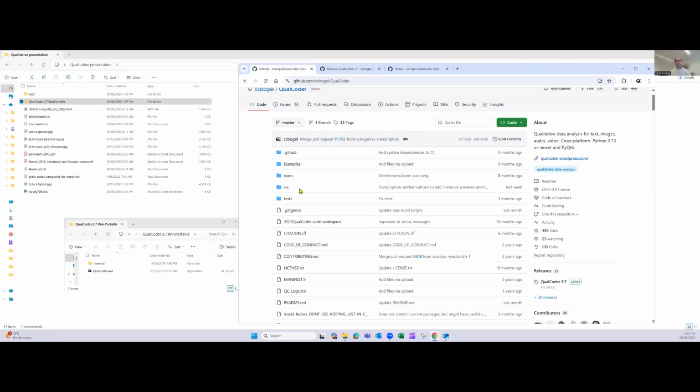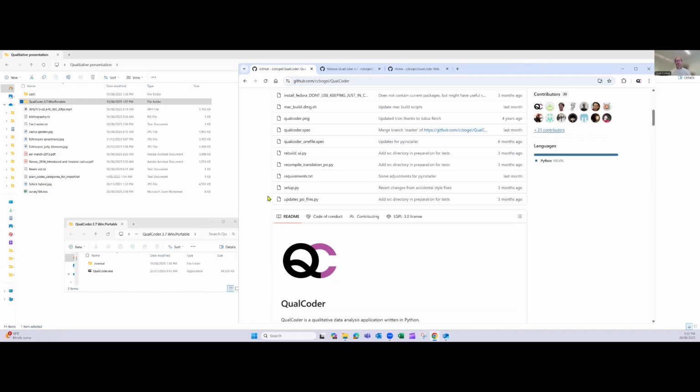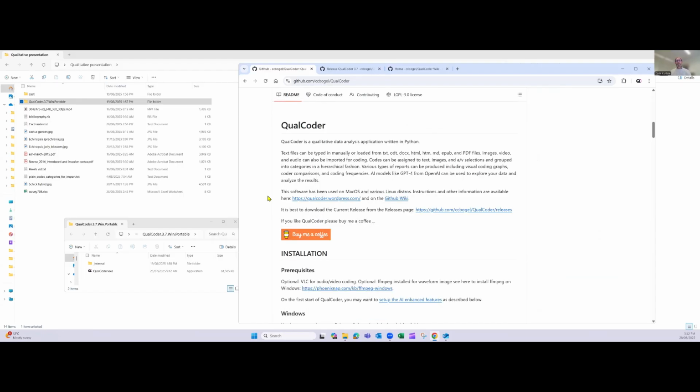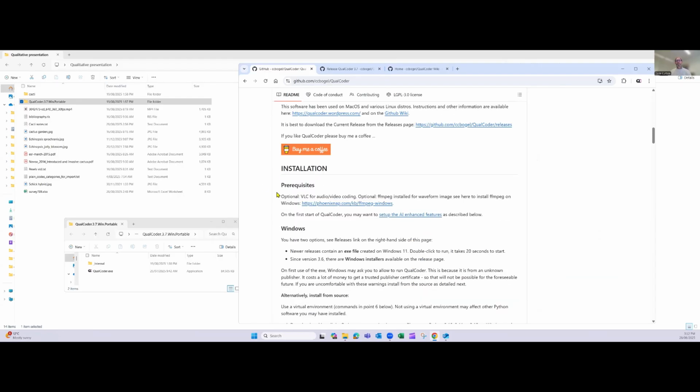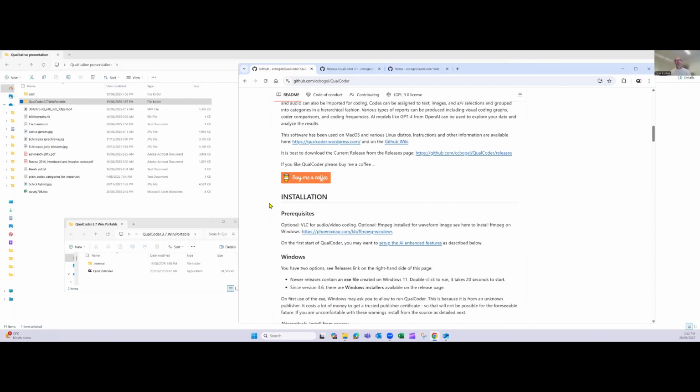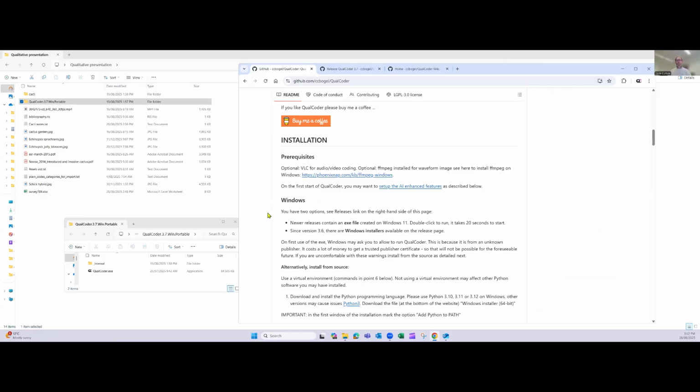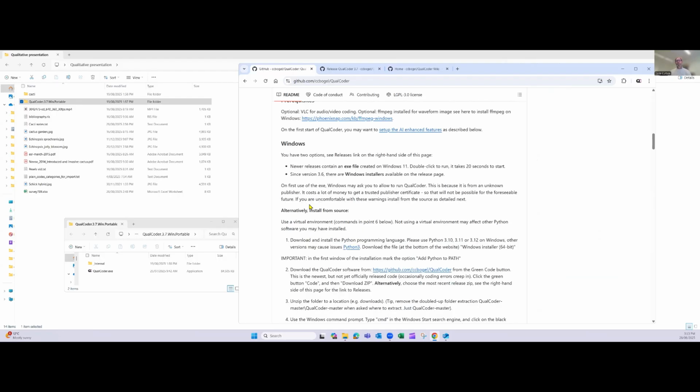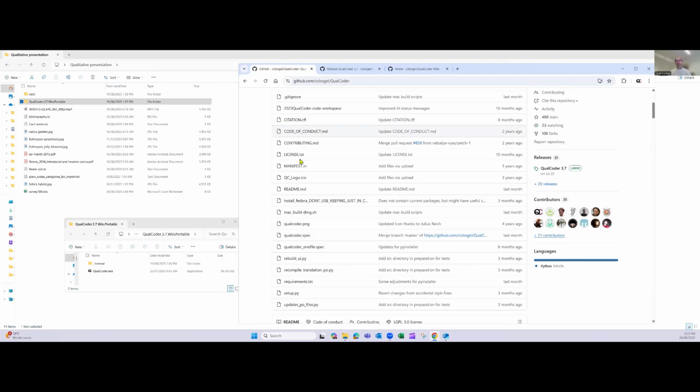There's a lot of files there, but they cover a lot of information. And there's a README file which is displayed underneath. It describes how to install on various computers. For example, you can download executable files, double click to run, and there are installers, which I'll show you shortly. Or if you choose to run the source code that you download here,